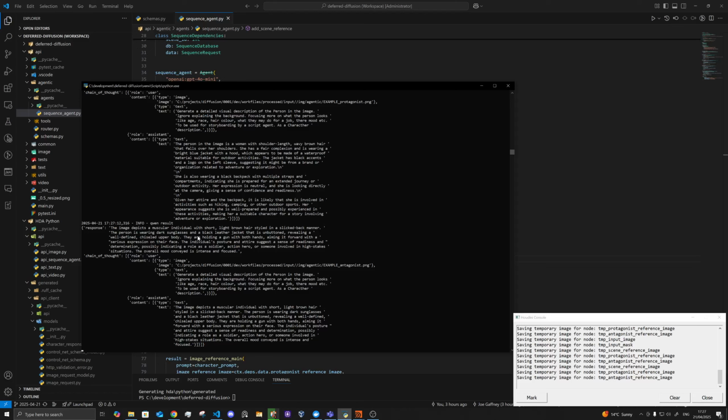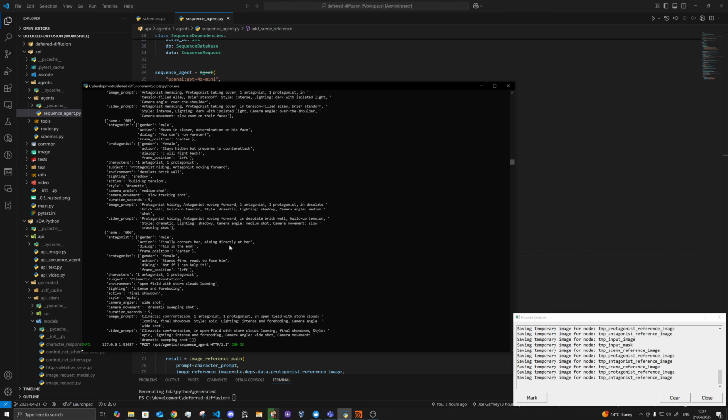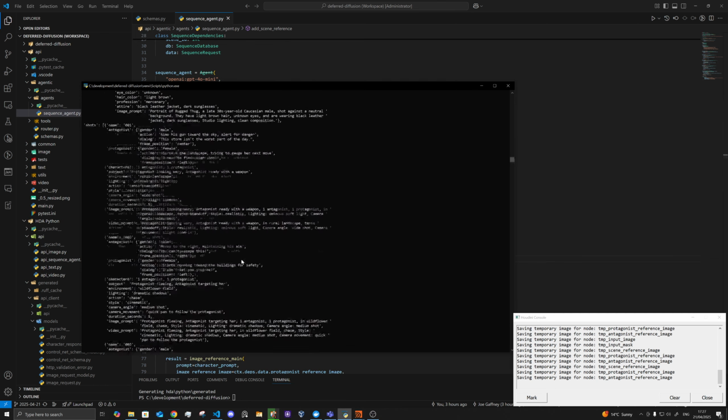So here it's basically running off and sort of describing the image. One model is calling other models to get a description for them. So models that are more favorable to do that. And then it's given us this long response here of everything, all the shots, and